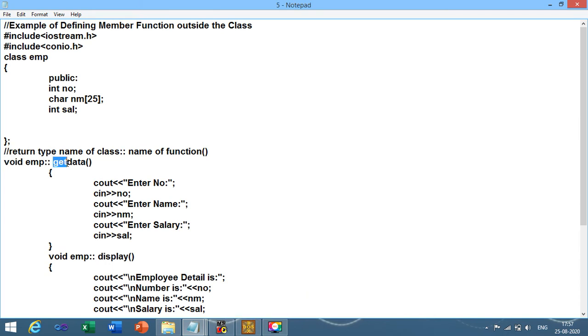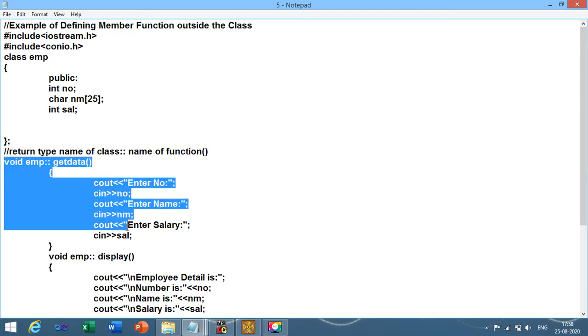In between the return type and name of the function, you just need to mention the name of class and use the scope resolution operator. Using the scope resolution operator, you can specify that getData and display both are functions which are part of the class. So C++ provides you the facility to define the member function either inside the class or outside the class. Right now we are defining the member function outside the class. So this is the first change you need to apply.